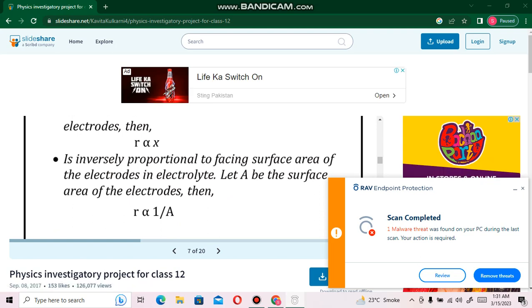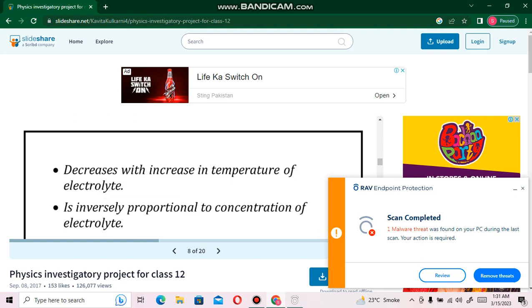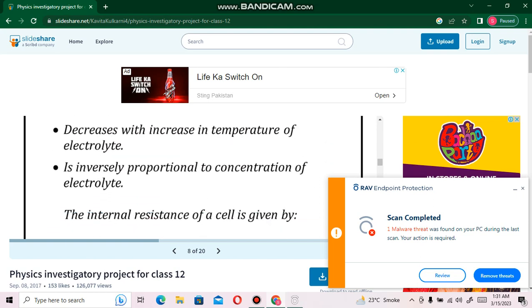Let A be the surface area of the electrodes, then r is proportional to 1 over A. It decreases with increase in temperature of the electrolyte, and is inversely proportional to the concentration of the electrolyte. The internal resistance of the cell is given by